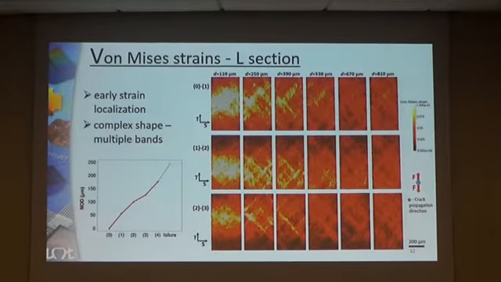Here, we are looking at the von Mises strain maps that are plotted on the section that is normal to crack propagation direction. So this is the direction of the opening, and this is the direction of the crack propagation. And D denotes the distance from the initial notch root. We can see that already at the first incremental loading step, when the notch opening displacement is around 15 microns, and already 250 microns from the initial notch root, we have onset of this localized strain pattern.